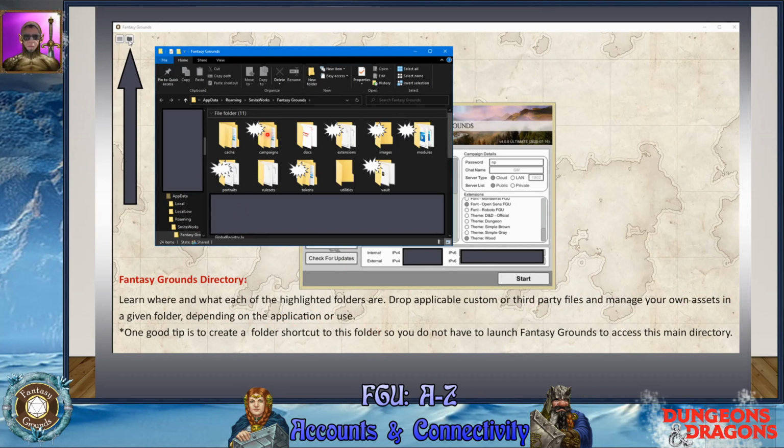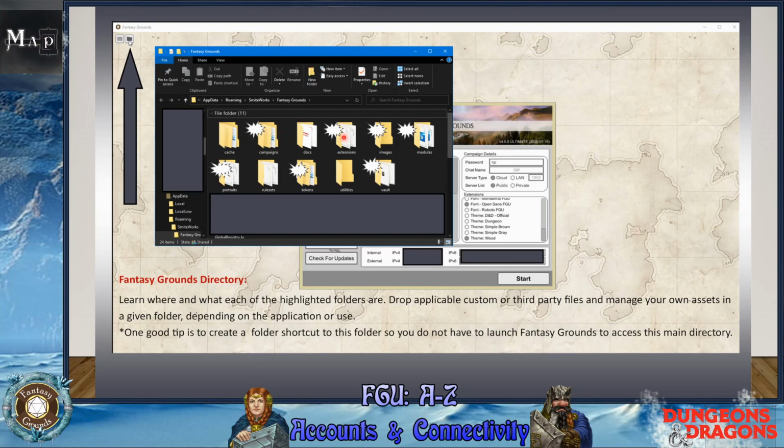So you have a campaigns folder, that's where you manage your campaigns. And if you notice you're getting a huge list of campaigns and you don't play them anymore, you can go into your campaign folder and delete them. Make sure you take out any artwork if you want to save it. But you cannot delete campaigns from the front screen. You have to actually go on the back end and delete campaigns that you no longer use.